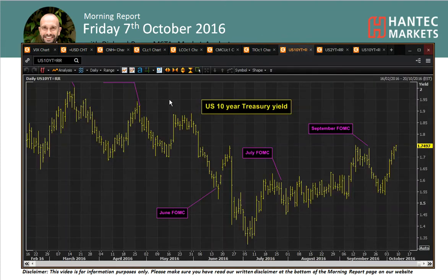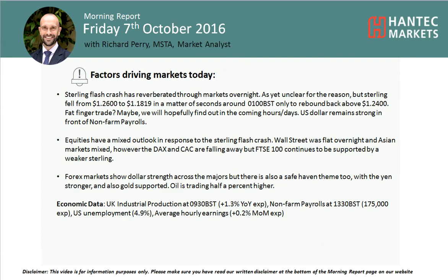Now, what you have seen, interestingly enough, is that equities are relatively holding. You've got the FTSE that's up, because when sterling is weak, FTSE is supported. So you're seeing FTSE outperforming today. But equity markets in European trading, the DAX and CAC, are lower. The DAX actually rebounded from being quite strongly lower. You've got to bear in mind that you've got non-farm payrolls today, which is clearly going to be the big focus as the market comes into the afternoon, but obviously the market is still trying to settle following on from this